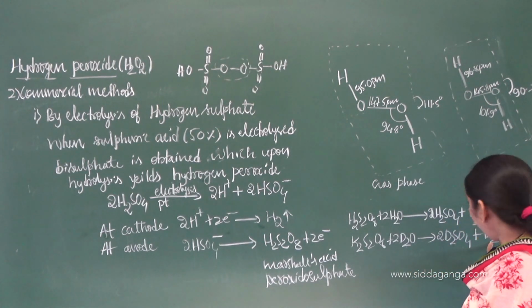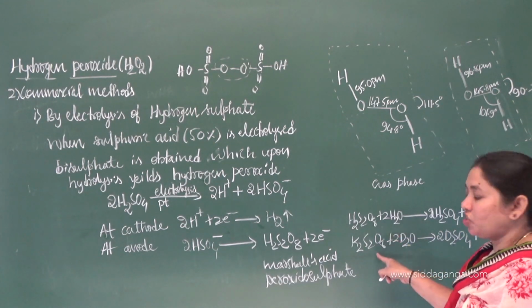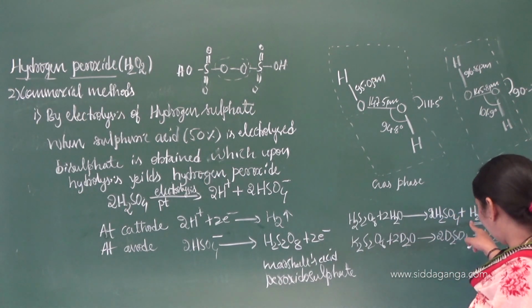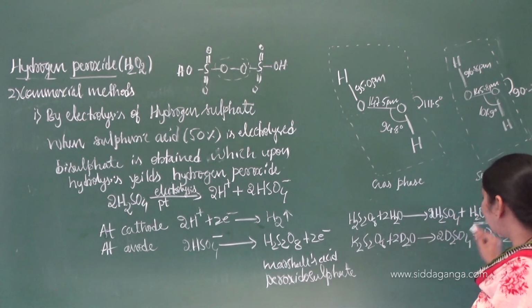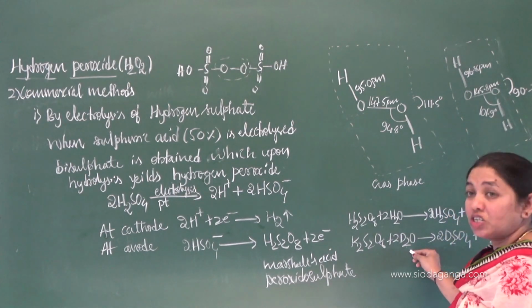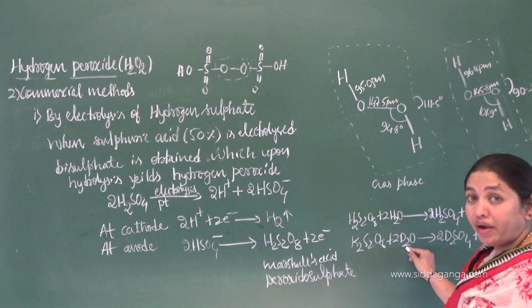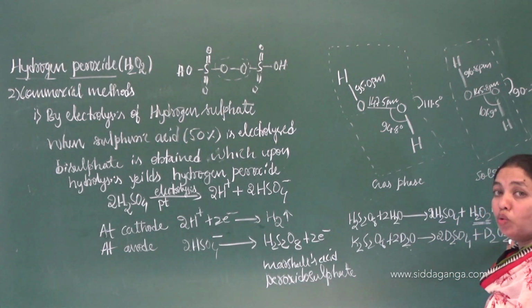The peroxide of deuterium using the salt of this Marshall acid, right? This is one more extra piece of information. We are discussing hydrogen peroxide. You concentrate on this reaction, but the applied reaction is this one, where the salt of this Marshall acid, if it is subjected to hydrolysis using heavy water, the product will be D2O2.